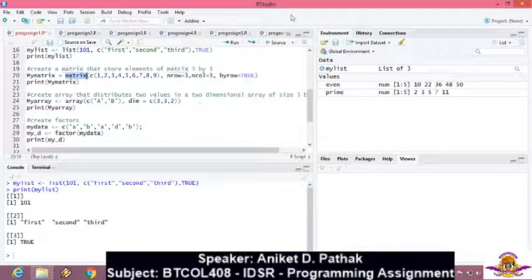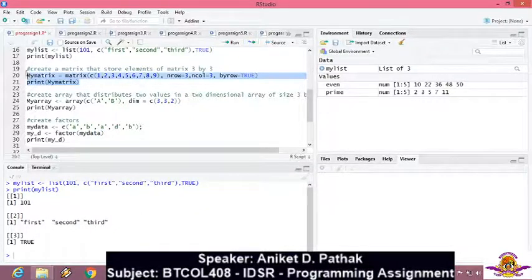So if you observe, as I have 3 rows and 3 columns, the total number of elements in my matrix is 9, and I have to give it with the help of a vector. So that's why 1, 2, 3, 4, 5, 6, 7, 8 and 9. These are my 9 elements which I am storing in my variable mymatrix. Now you will be having a question, why an equal to sign? There is no difference if you write an equal to sign or an assignment operator. Both of them are applicable in R.